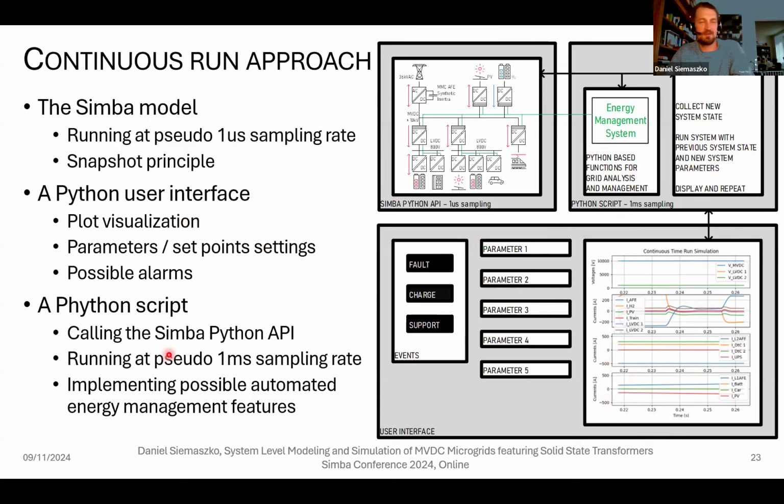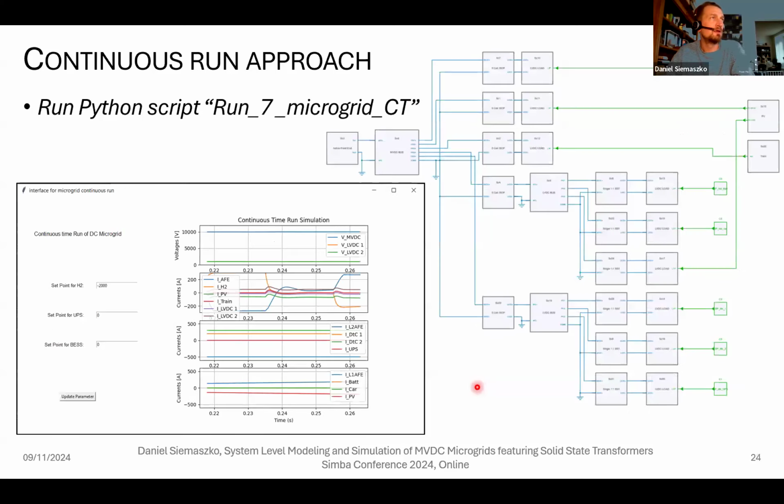So this Python script is running at the so-called pseudo 1 millisecond sampling rate, and would possibly be able to implement automated energy management features, AI-based, whatever, anything that can be written in Python. So it looks a bit like this. You can run it, you can try it. And when you get it from my GitHub, you can run the number 7 example, and it will open a